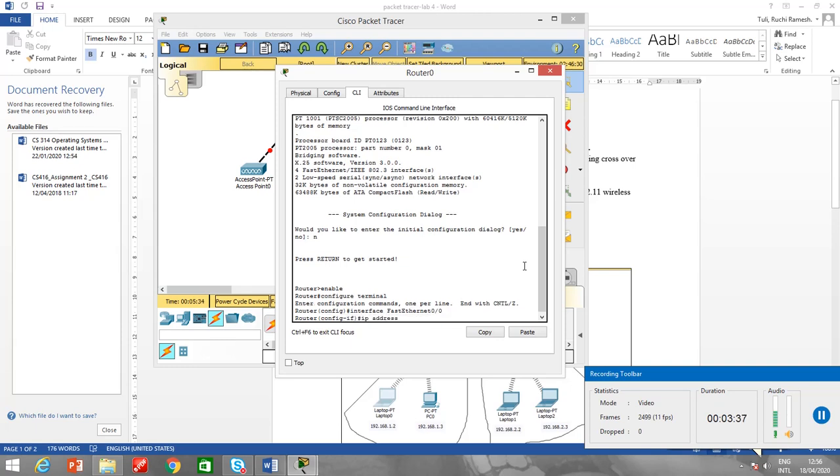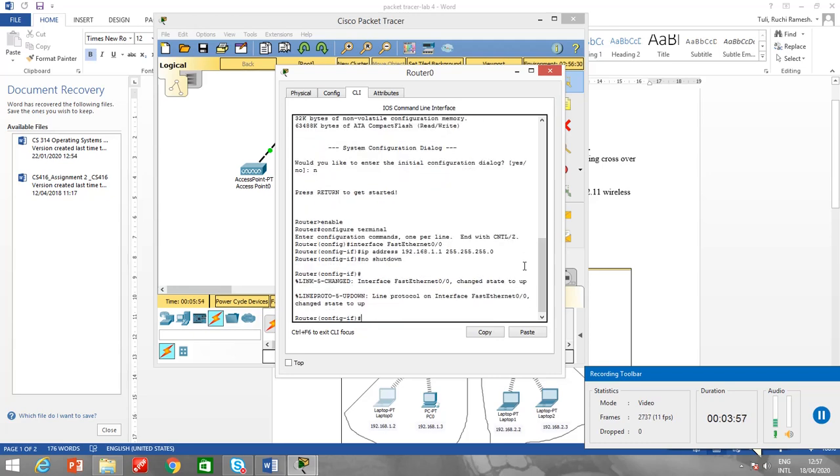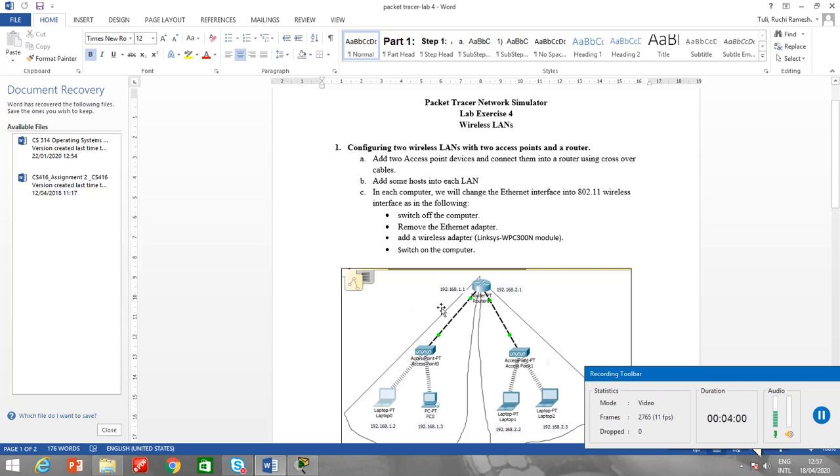IP address according to the figure is 192.168.1.1, followed by the subnet mask 255.255.255.0. No shutdown, so it's up. Right, now if you see in the figure 192.168.1.1.